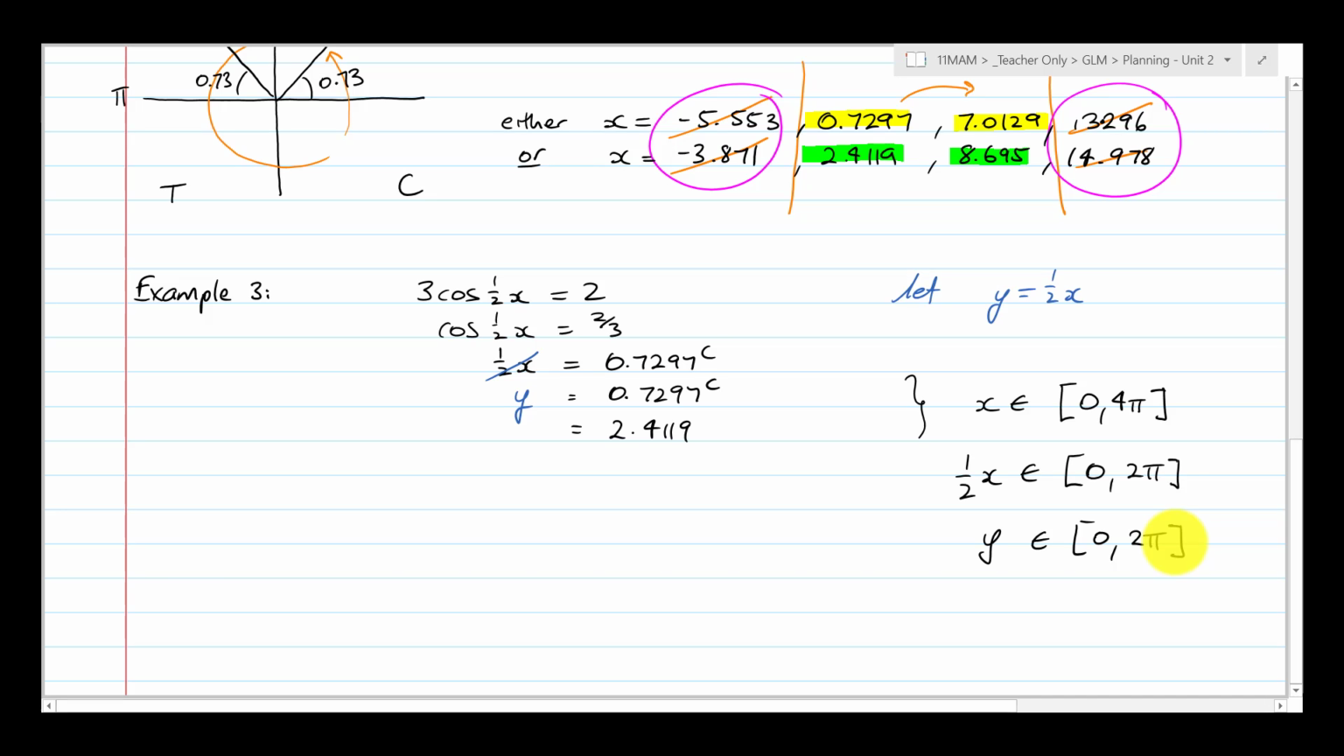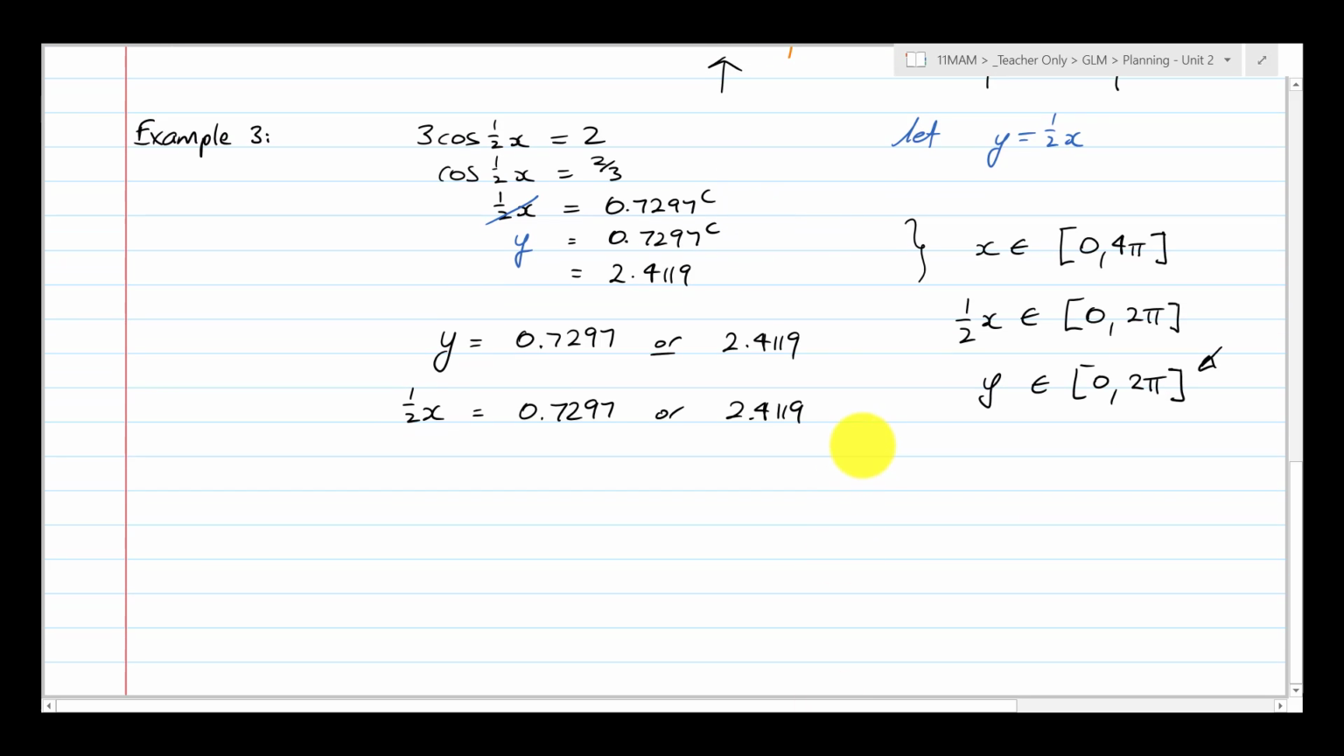And if I go back to the initial question here, here are the other solutions. I've got no other solutions between 0 and 2 pi, do I? So therefore, my 2 solutions are y is equal to 0.7297 or 2.4119, and that means a half x is equal to 0.7297 or 2.4119, and now is when I can apply, I've found all my solutions in the domain,